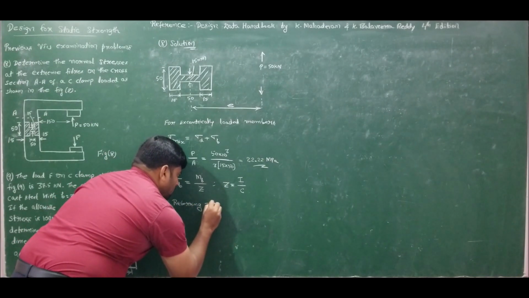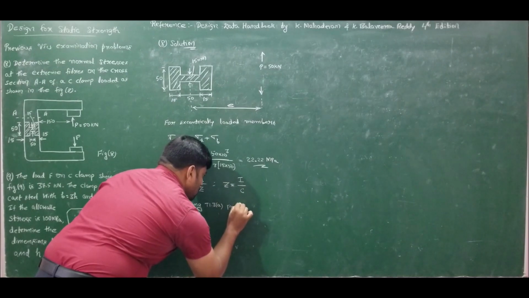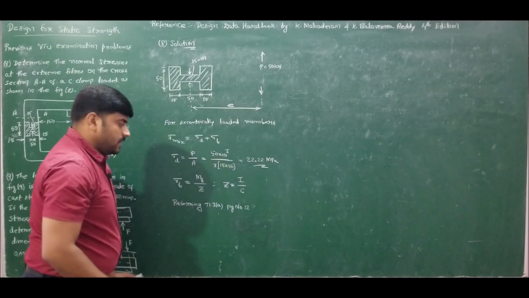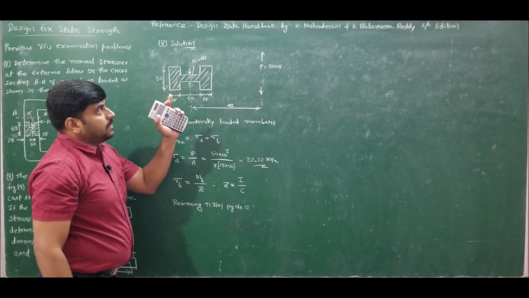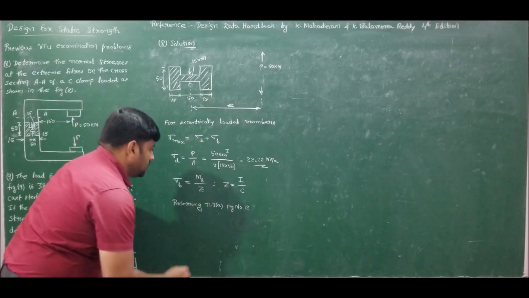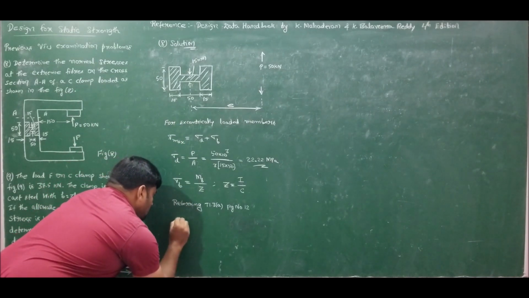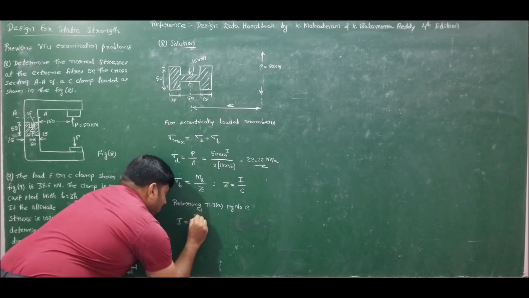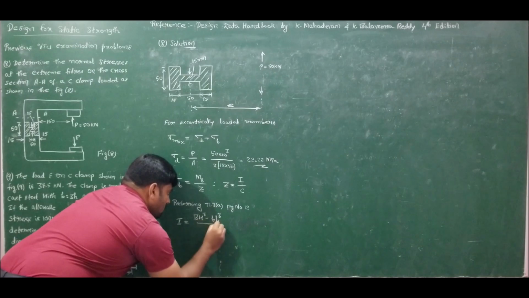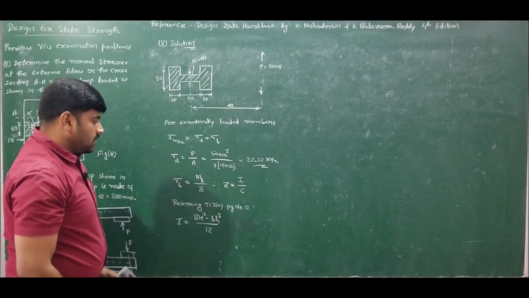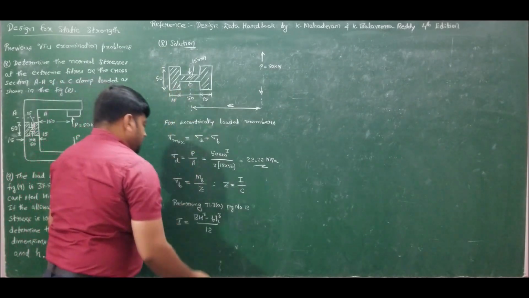Table 1.3a on page number 12 of our reference design data handbook written by K. Mahadevan and K. Balaveera Reddy, 4th edition, for the I section under consideration, he has specified the value of area moment of inertia I as capital B capital H cube minus small b small h cube divided by 12. Now comparing this sketch to the data handbook, it is found that the capital B